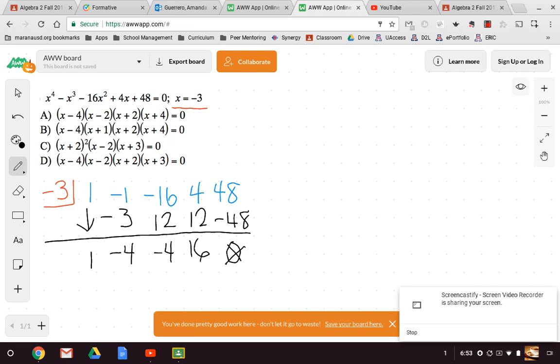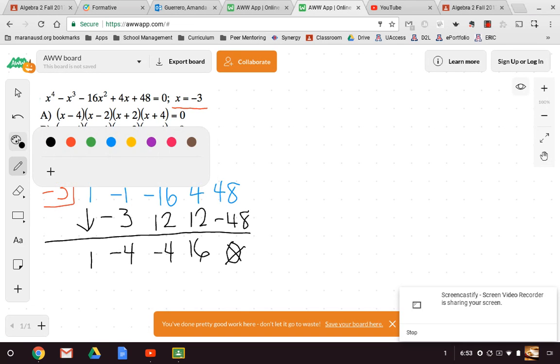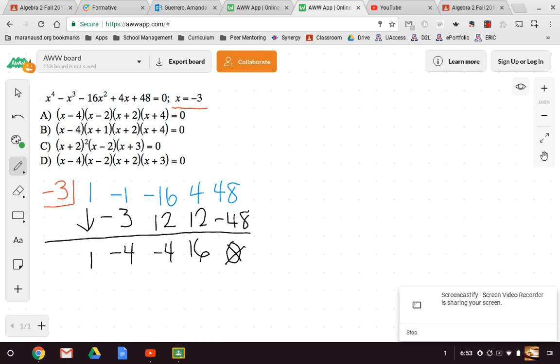And now remember, the stuff that's left over, that's what creates the rest of our polynomial for us here. So our remainder was the 0, our constant is 16, our x coefficient is -4, x squared is also -4, then we have a 1 for x cubed. And this is going to be our polynomial that's left over after we've taken out the -3 from it. Think of that factor tree. So I'm going to set up my new polynomial, x to the third minus 4x squared